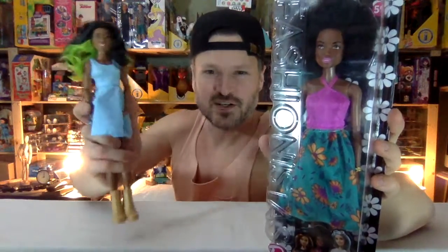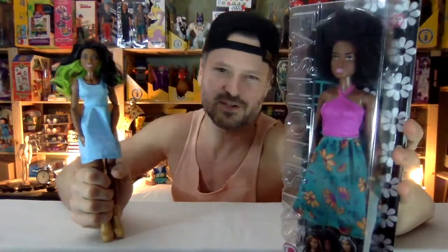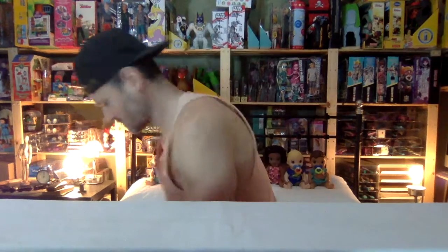Let's review another fashionista. Let's review another Barbie fashionista and do another WWE head swap. You want to see another Barbie fashionista WWE Superstars head swap? Okay, I think this Barbie is one of the most beautiful ones